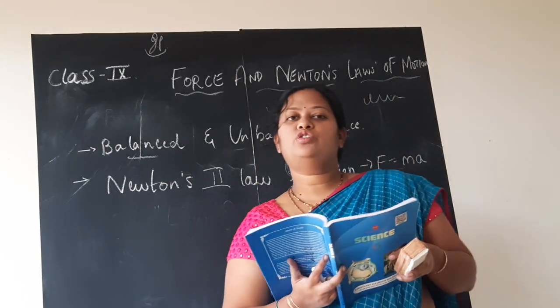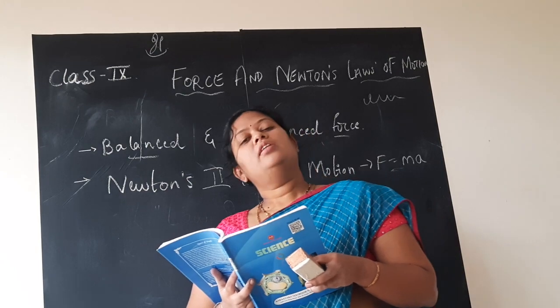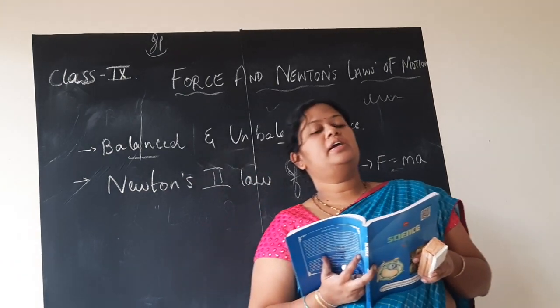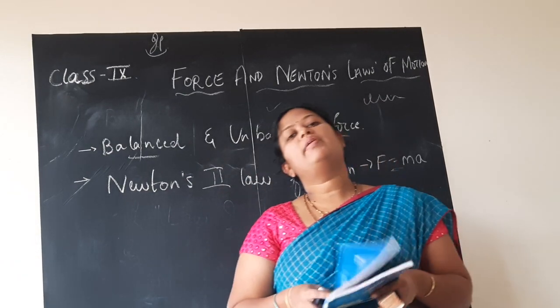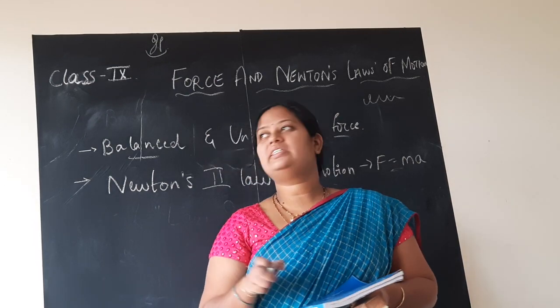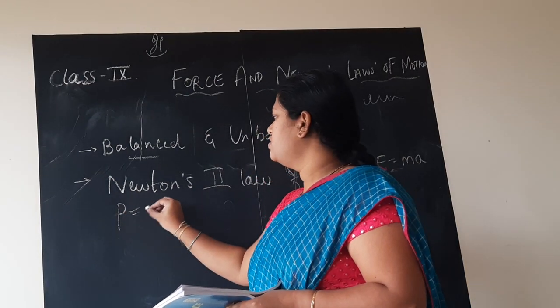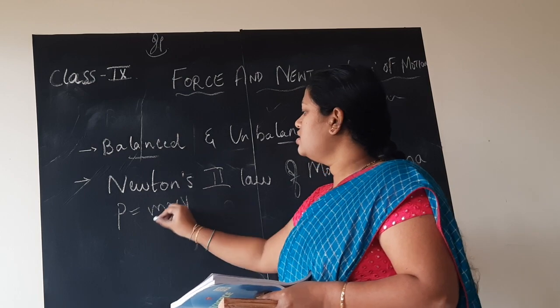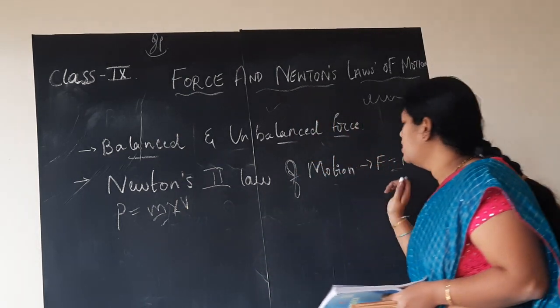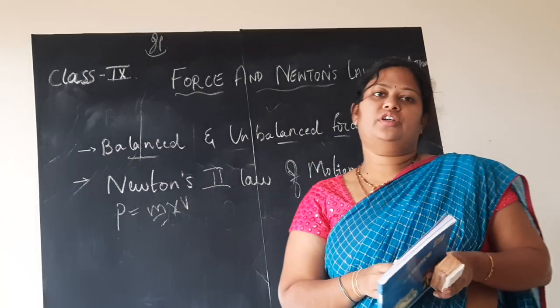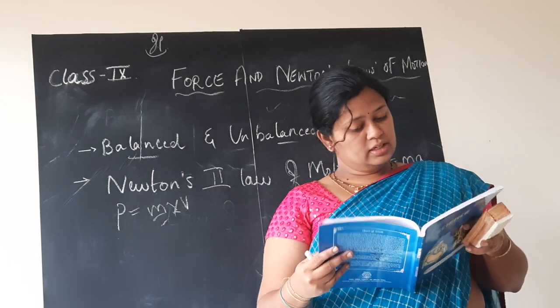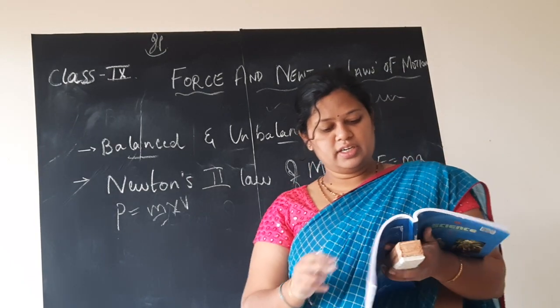You have the same thing, but with respect to the concept of momentum here. So momentum also we have studied. It is represented by P. It is defined as the product of mass into velocity, P is equal to m into v, we have studied. So based on this concept, they have derived Newton's second law of motion. You can just read the things which we have given here.